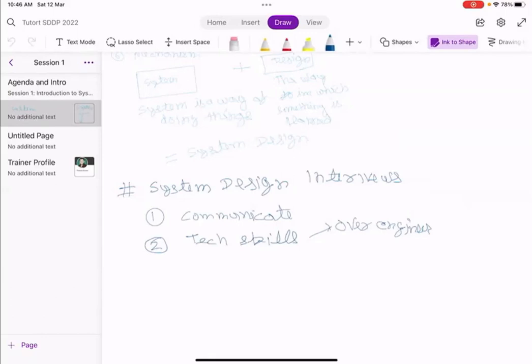It's always expected that you know the trade-offs between things, and that is another aspect evaluated in these interviews: the trade-offs between choices, and how you make choices given a circumstance. And the fourth point is